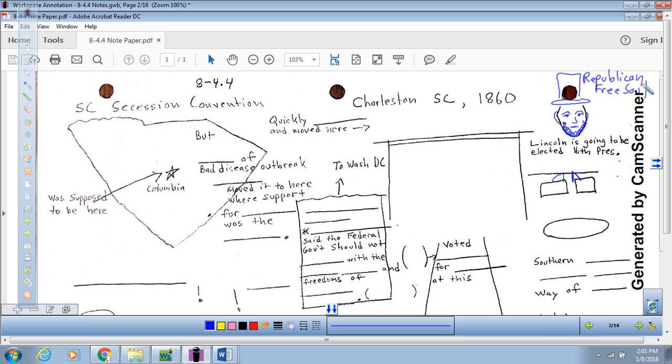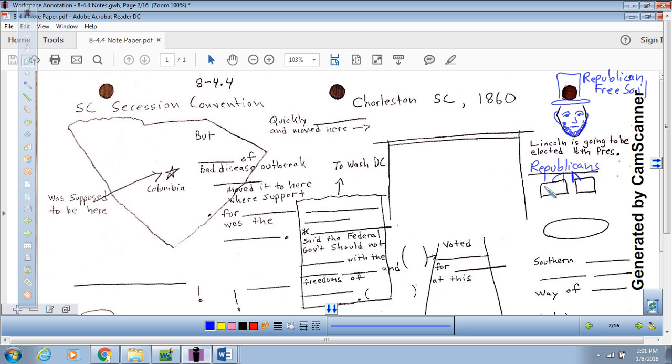The Republican Party was formed basically by a bunch of people who were against slavery in some form or another. And the president that the Republicans would run and elect was Abraham Lincoln. And this causes South Carolina to secede from the Union because the Republicans